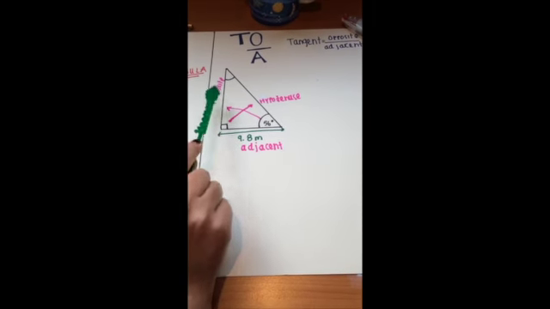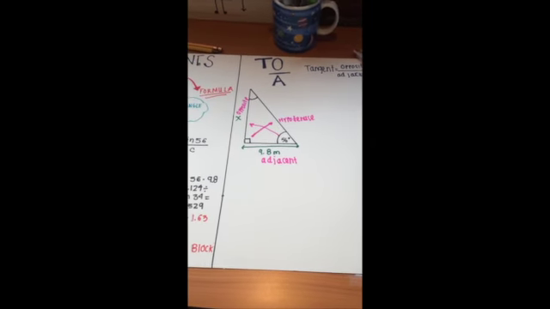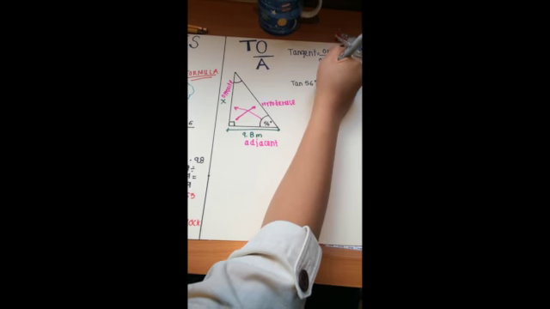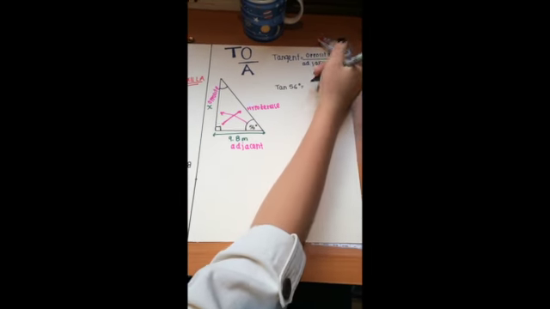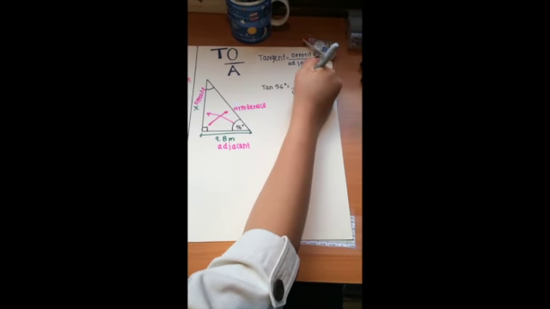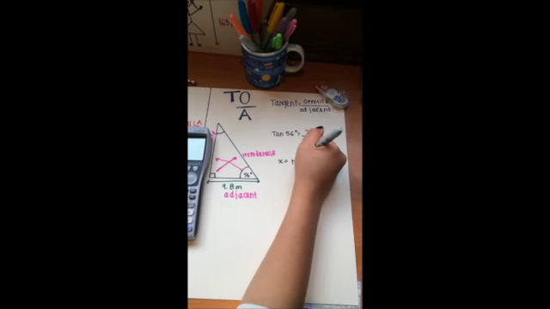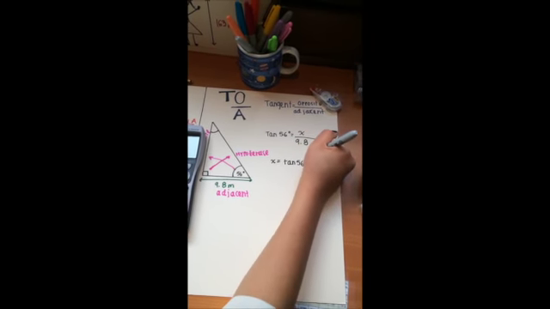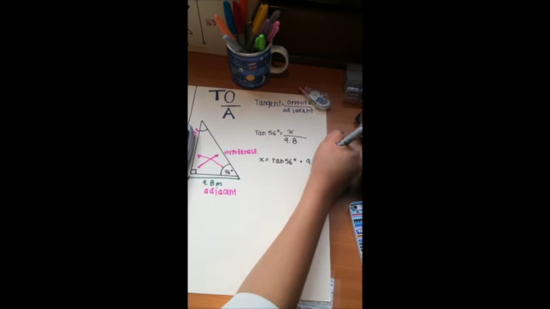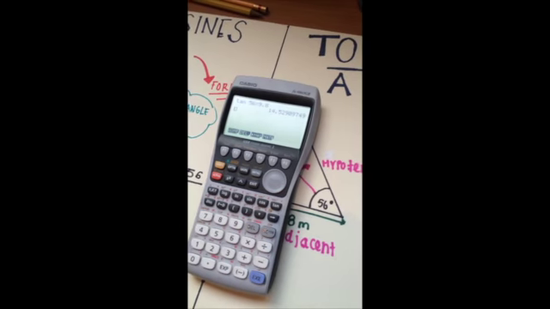We found another method to find the height of the Omega building. It was using TOA. Tangent equals opposite over adjacent. So we did tan 56 equals x, which is the opposite in the triangle, over 9.8, which is the adjacent. So we did cross multiply. X equals tan 56 times 9.8. Tan 56 is equal to 1.483. So then we multiplied it by 9.8. This gave us